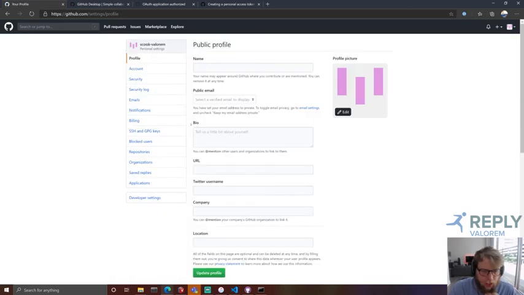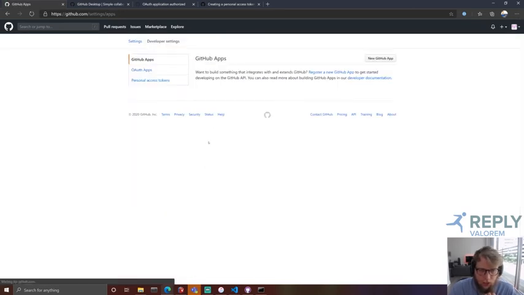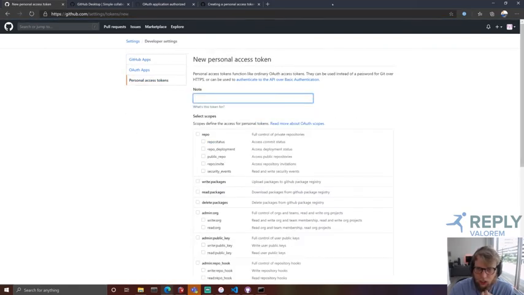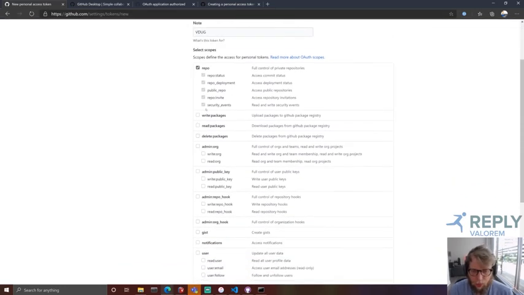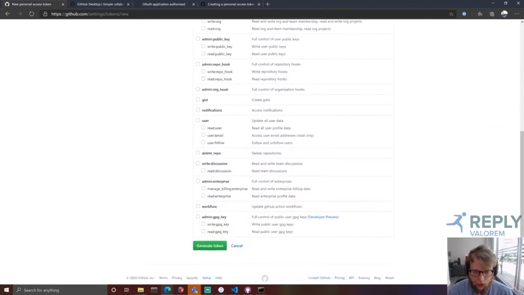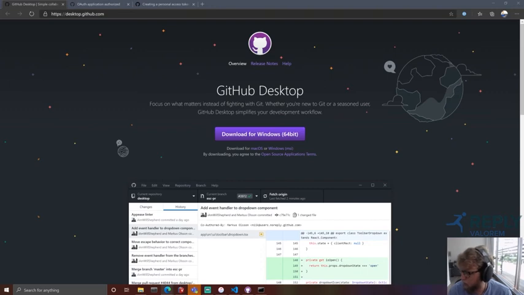I'm so used to DevOps at this point. Okay, developer settings, and then personal access tokens. Okay, so I want to generate a new one, and this will be for Databricks, or let's just do VDUG. Don't need to do the package repo, don't need user keys. I don't think I really need any of this. Okay, so I'm going to generate it off screen just so that it's not a public key. Okay, so I've got it copied,